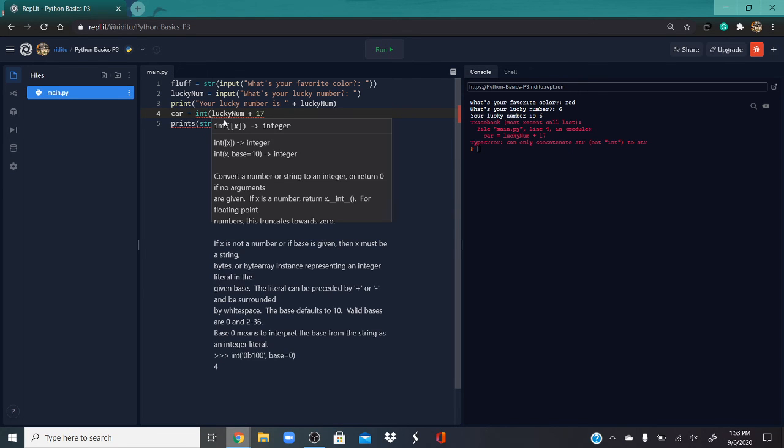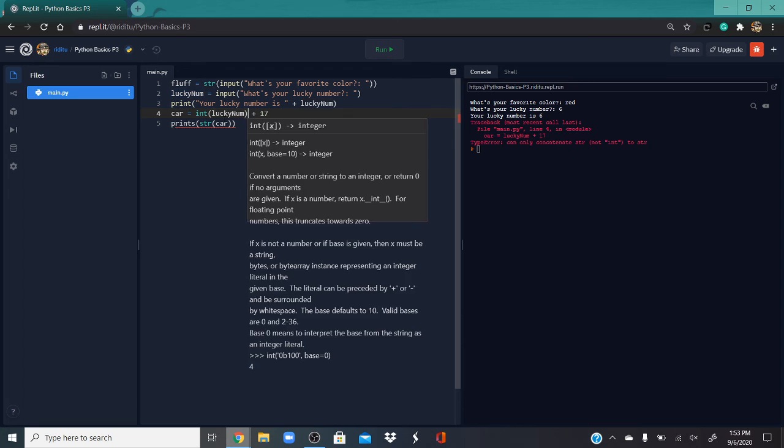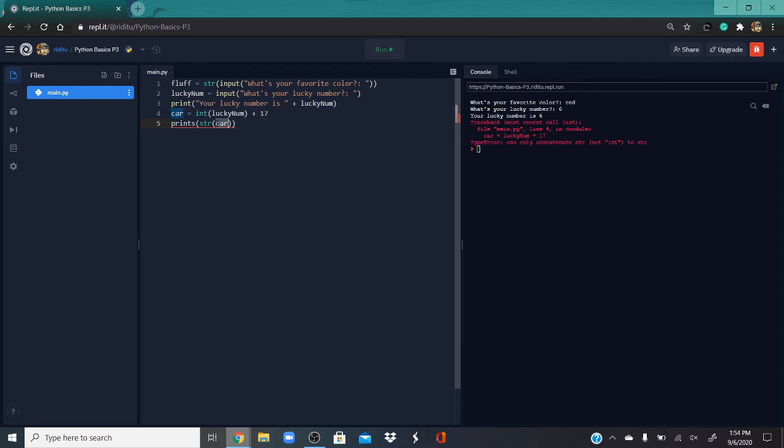Okay. And actually, if you're printing an integer by itself, you don't actually have to turn it into a string. But if you're printing it with the sentence next to it, then you'll have to. So if you do what's your favorite color and then what's your lucky number, it says name print. Oh, wait, that was my mistake. But if you do what's your favorite color, then 6, your lucky number is 6, and then it prints this